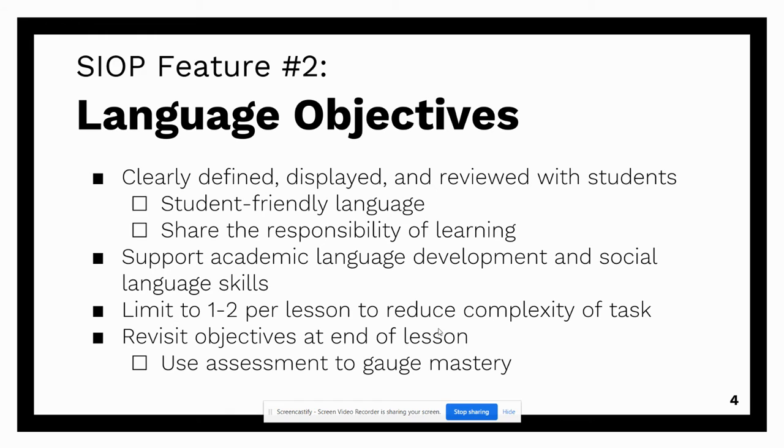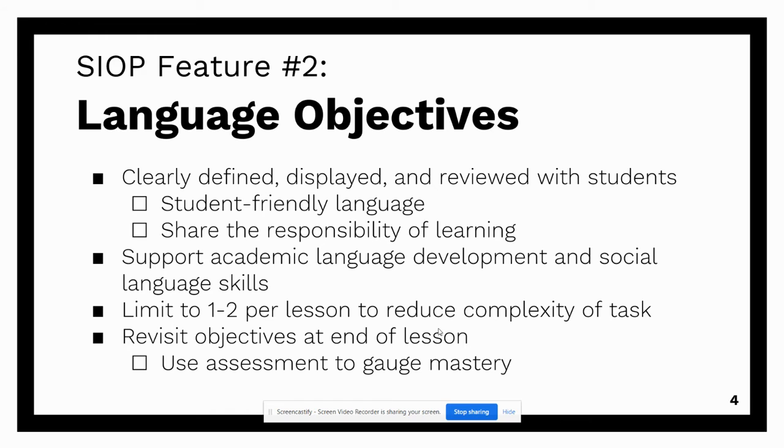You want to make sure it's student friendly language. These objectives are supporting the academic language development. So still supporting the terms, the more academic terms and the more academic skills that we're requiring of students, but also those social language skills. So if they're discussing with a partner or with a small group, we're still developing what happens in